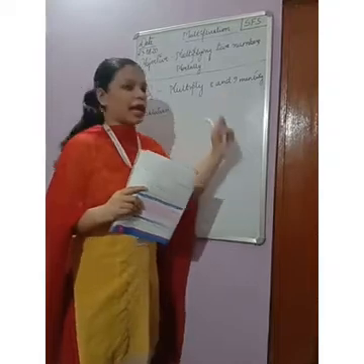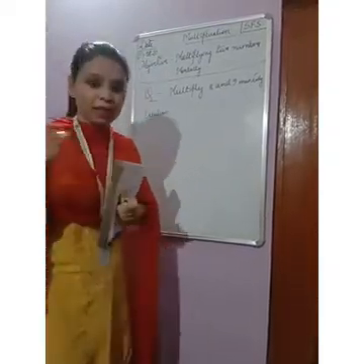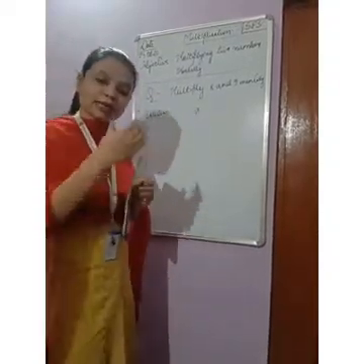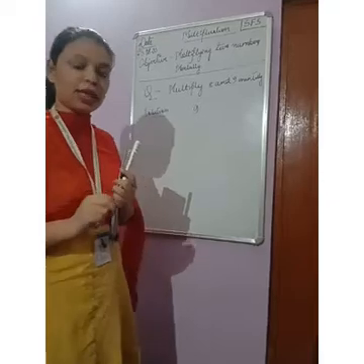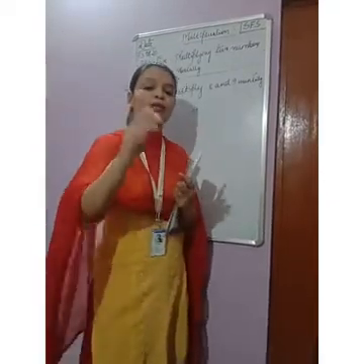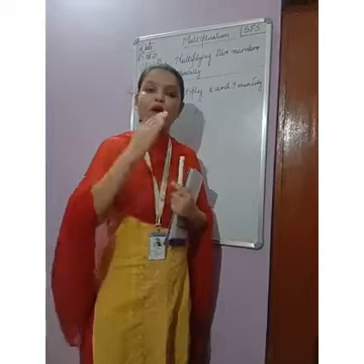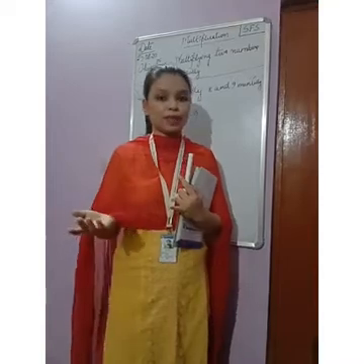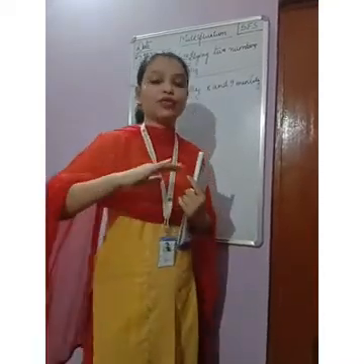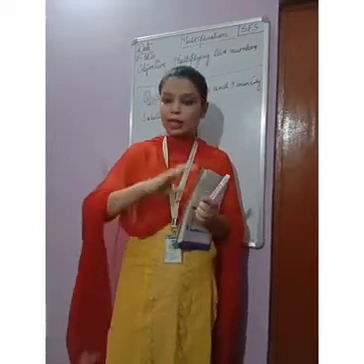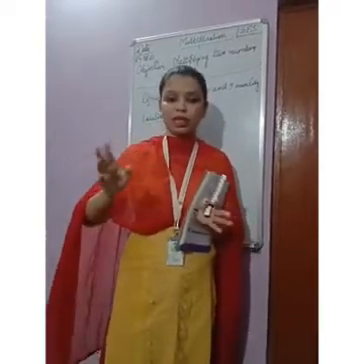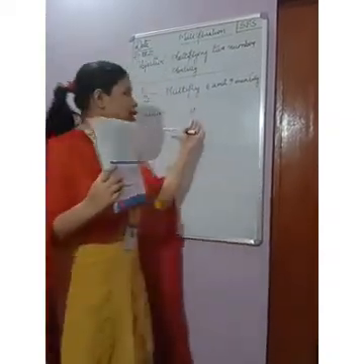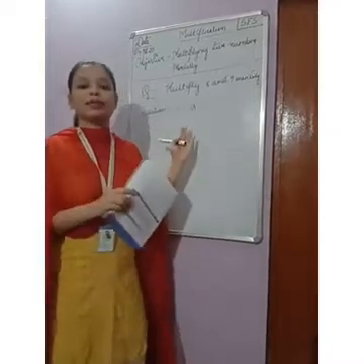Now out of 8 and 9, which is the bigger number here? The bigger number is 9. So we will split this 9 into 2 numbers. Suppose you are taking the number 2 and I tell you to break the number. So what you will do? 1 plus 1, isn't it? This is very basic. Just like expanded form. When you take a 5 digit or 4 digit number, you expand the number, isn't it? Suppose you are taking 123, then 100 plus 20 plus 3. You are breaking the numbers, you are separating them. In the same way, we are not taking ones or tens, but we are simply breaking the number.